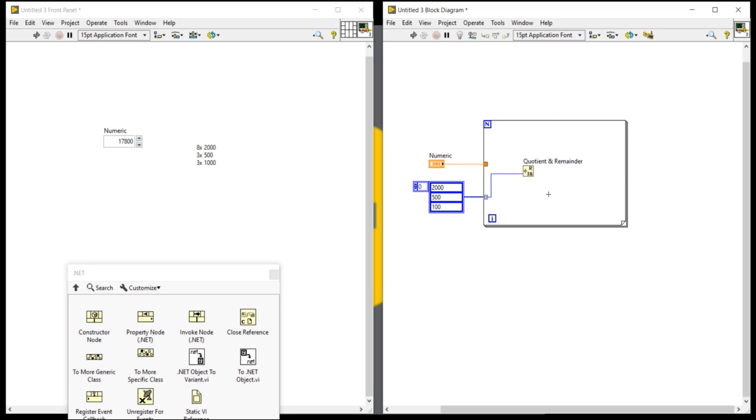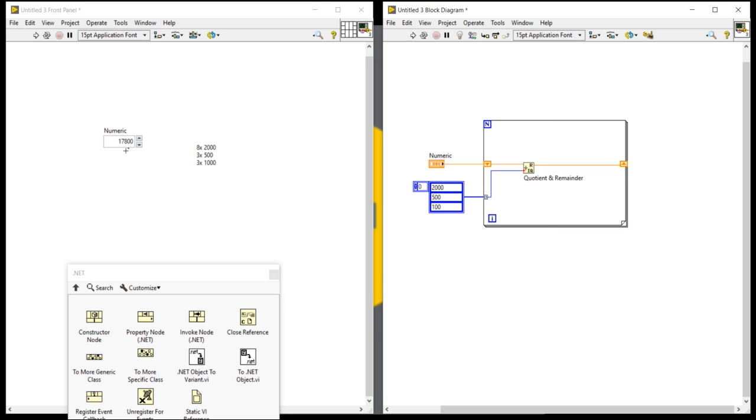Now, because I know you will not respond, look here. Right now I am going to convert it into replace registers. Connect here, and I am going to connect like this. So first, when the number enters, it will divide. This quotient and remainder function will divide that number by 2000 first.